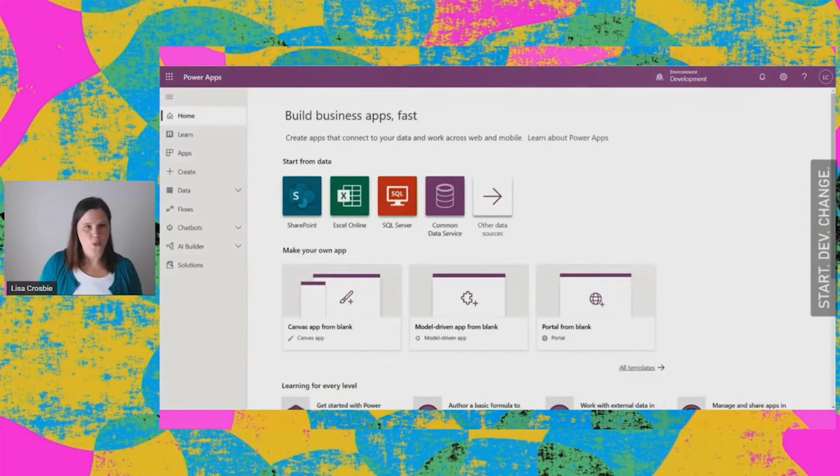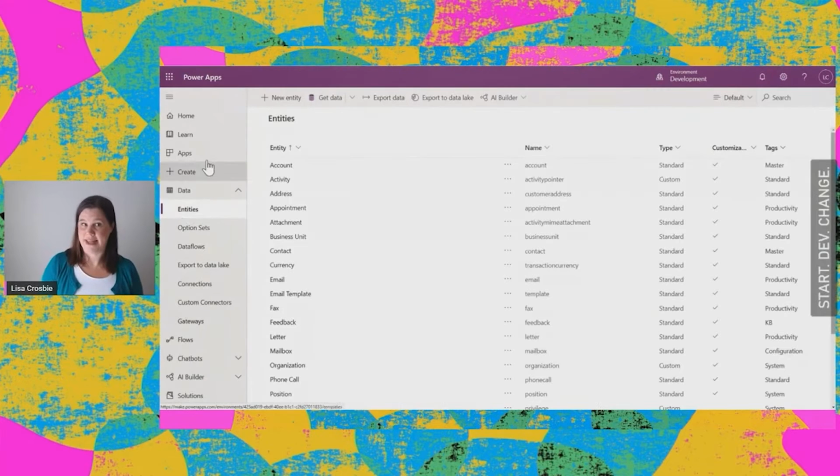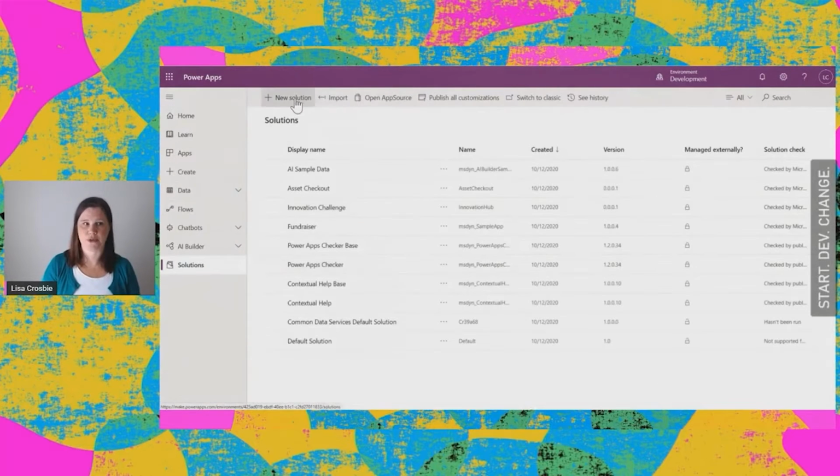All right, so when we build a model-driven app, we are starting in the same Power Apps Maker portal, make.powerapps.com. And what you'll see is that when you've got the Common Data Service deployed, you will find entities, so these data types. Some of them are already there to get you started. So you'll see here we've got things like account and contact. So there are some pre-built entities that you can use, or not, you don't have to. You can take them as they are, or you can configure them and add extra bits of information if you want to use them in a particular way. You've also got activity entities in there that allow you to track things like tasks and emails and notes and so on. So there's a bunch of stuff that's already pre-built for you.